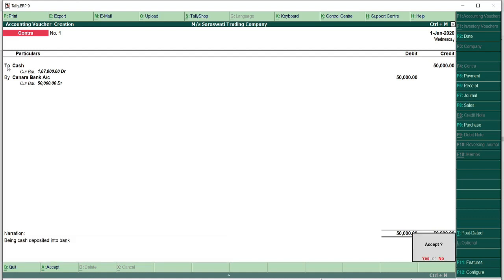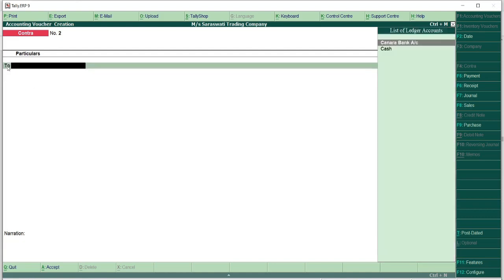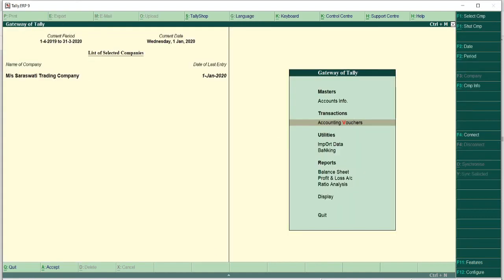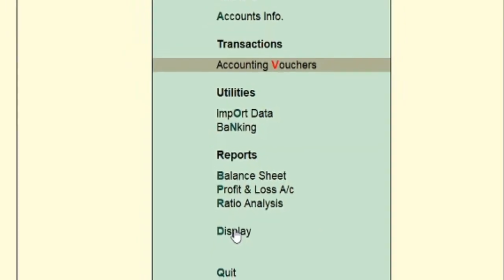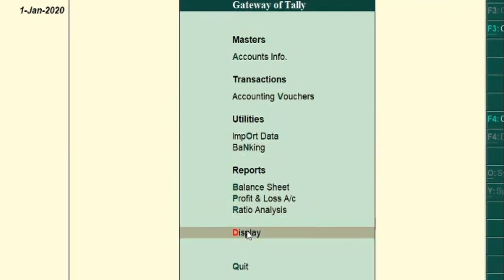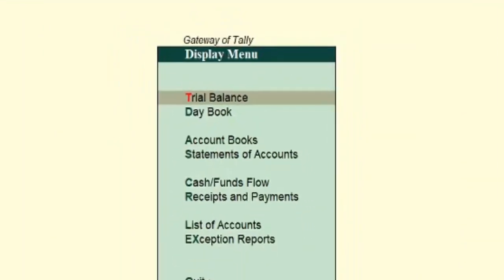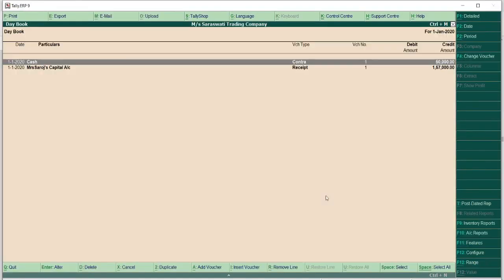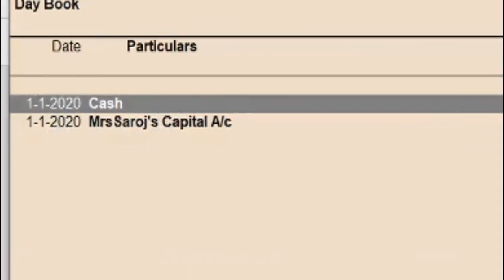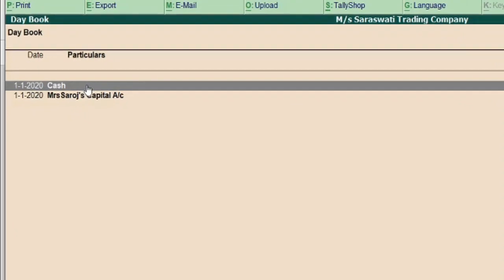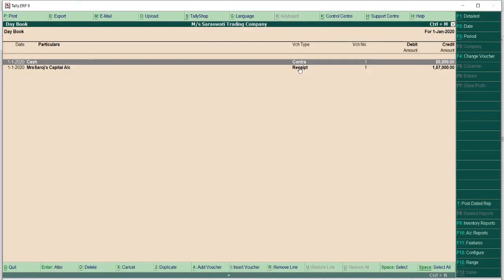Accept the entry by pressing Y. So we have created the second entry also successfully. If you want to see the entries, you have to go to display and then daybook. Here you can see the entries for 1st January 2020, two voucher entries, contra and receipt.